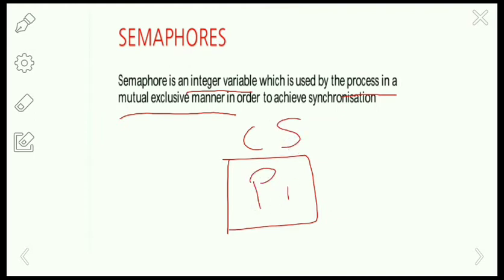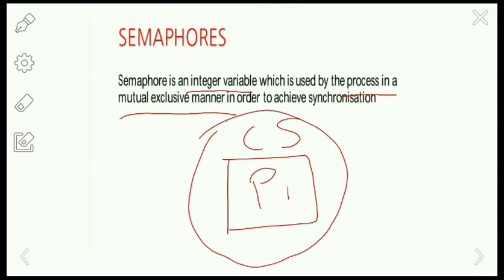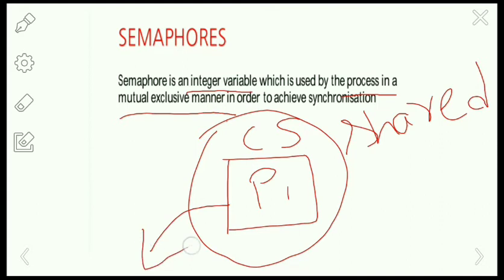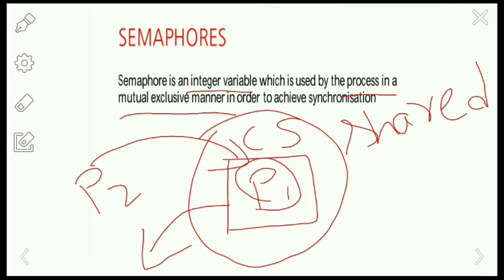After the process completes the execution of the shared part, the critical section being nothing but shared data, the process P1 will come out of the critical section and another process will be allowed to enter. So only one process will be in the critical section at a time. That is called a mutual exclusive manner.